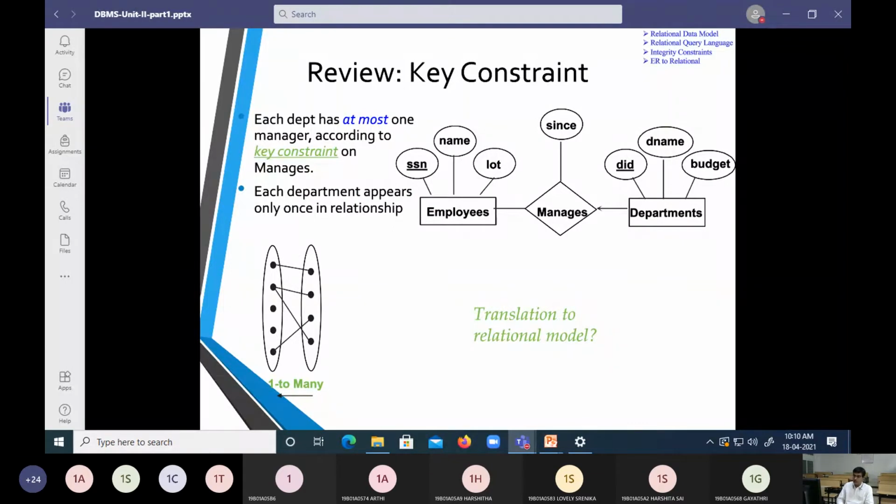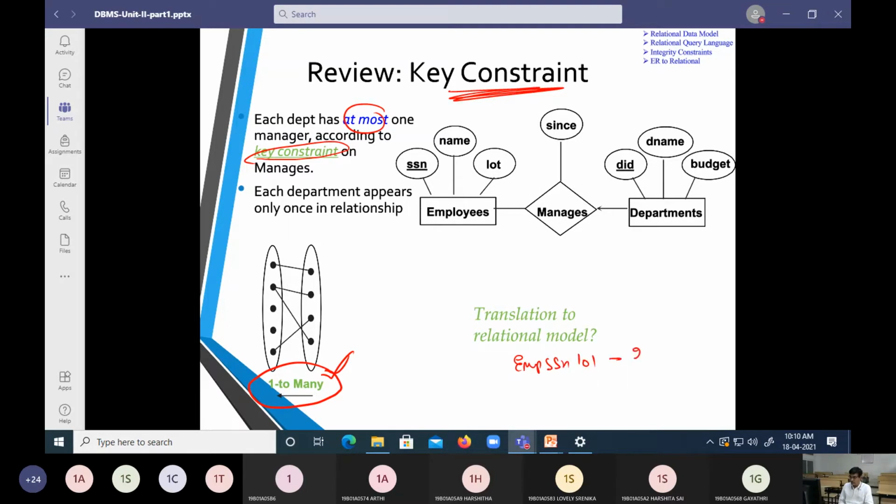Now, here is a scenario which is going to implement a one-to-many relation. The scenario we are putting before you is a one-to-many relation. This one-to-many relation has to be taken up right now with a key constraint. So assume there is a scenario, there is an employee with SSN 101.